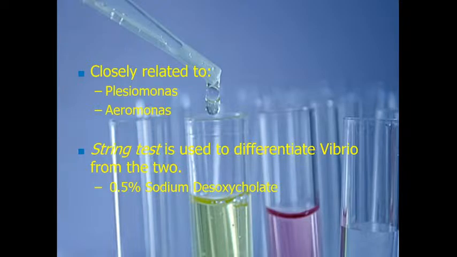What is the string test, by the way? How do you do it? You make a bacterial suspension. You add 0.5% sodium desoxycholate. Observe for string formation. What happens? There is going to be some sort of small coagulum, and it will form like a mucoid string, similar to your saliva when you spit something and you want to clean it up, it sticks and it has some sort of stringy